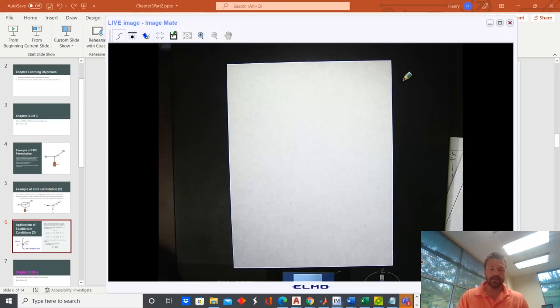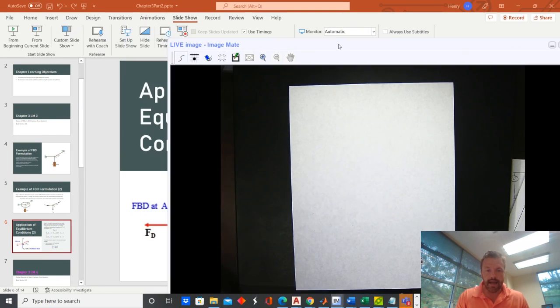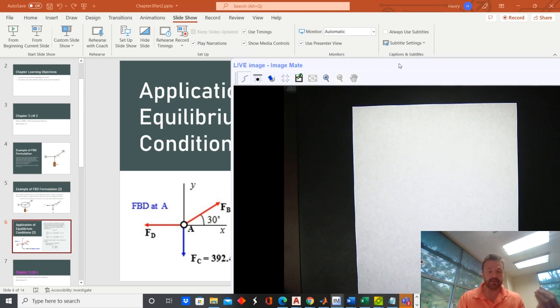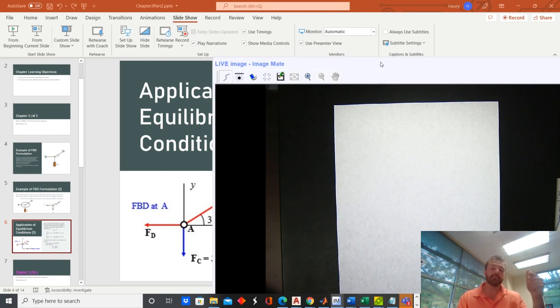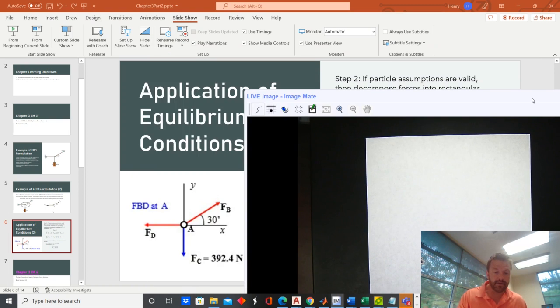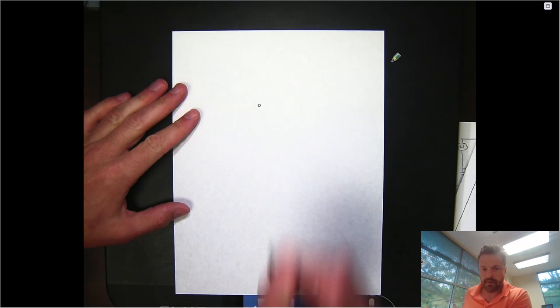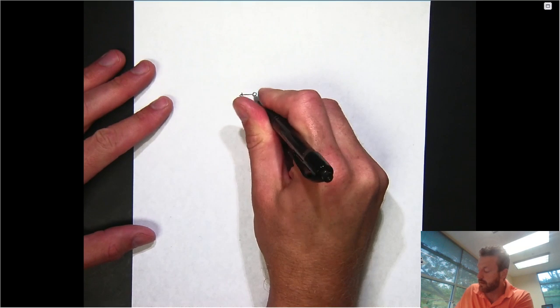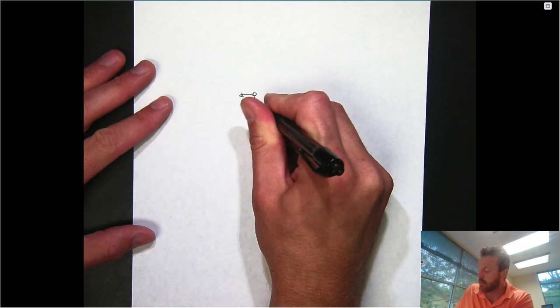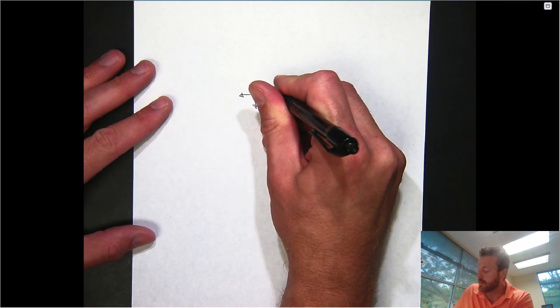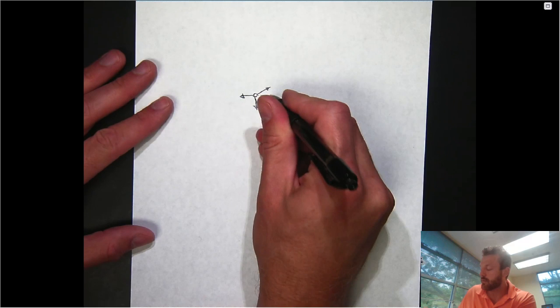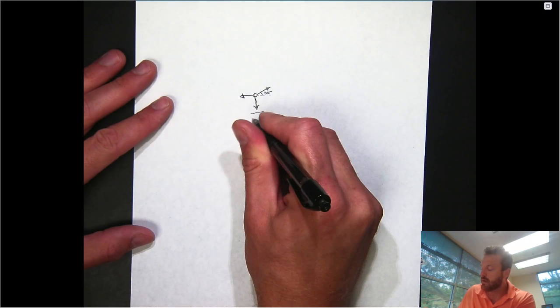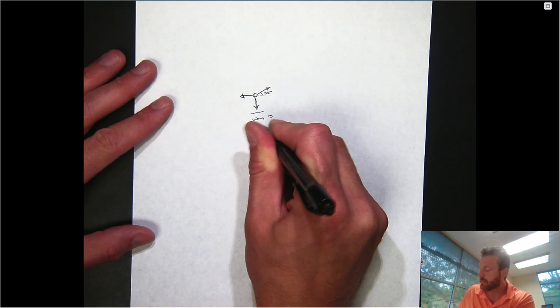The one thing I wanted to show, going back to the point I'm going to hit on here, is how we can determine that the tension in cable C, or the force exerted by cable C on the ring, is equivalent to that 392.4 newtons, and what that actually is. So when we have that ring here, and let me zoom in a little bit, we're assuming that this cable pulls the ring to the left, the cable which is ultimately connected to the load pulls the ring down, and the cable that's connected at this 30-degree angle relative to the horizontal pulls the ring in this direction. We might wonder, why is this the weight